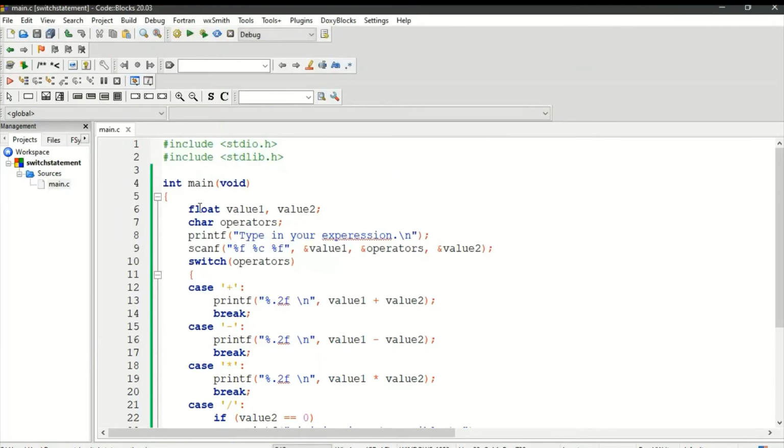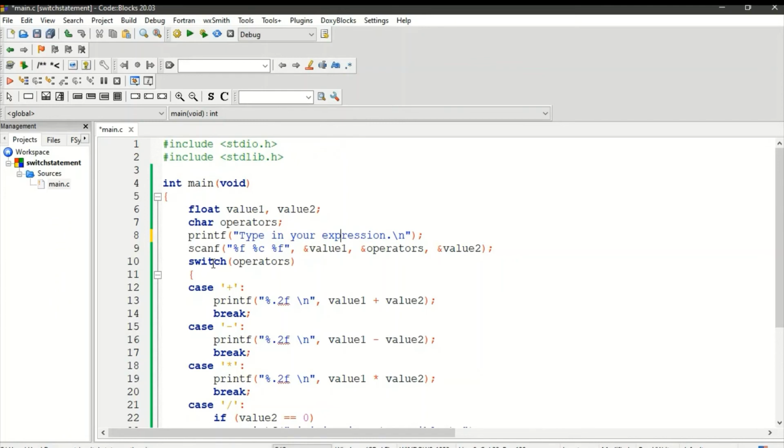So we have float, because the number can be anything, it can be a float or an integer. So we have float, and then we have two values, value 1 and value 2. Then I enter a character that is an operator. So we have a printf statement which is going to display type in your expression.